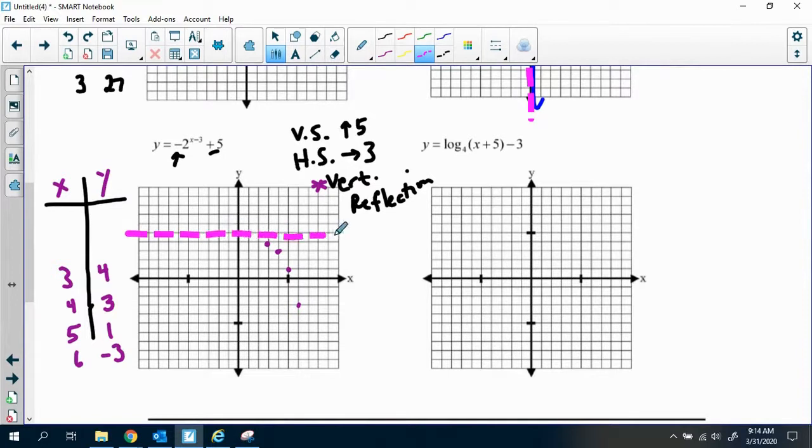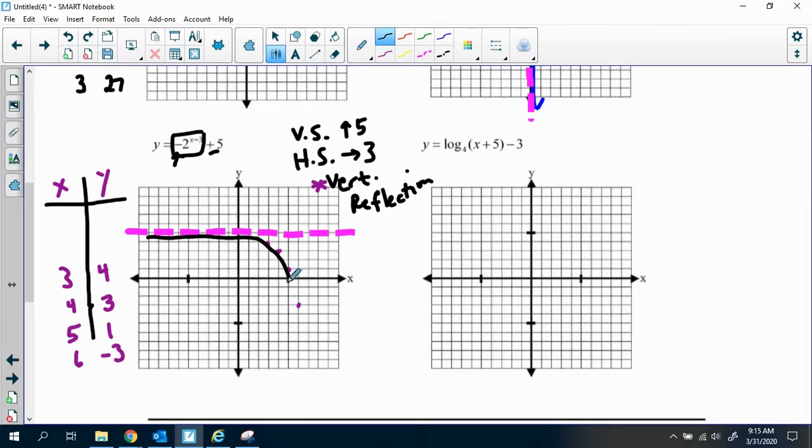So I won't have anything actually hitting the line y equals 5. Nothing will actually hit the line y equals 5. And that makes sense because there's no way that -2 to the x minus 3 will ever be bigger than 0 or actually even be 0. It's always going to be something that's negative. So my graph should get really close to this asymptote